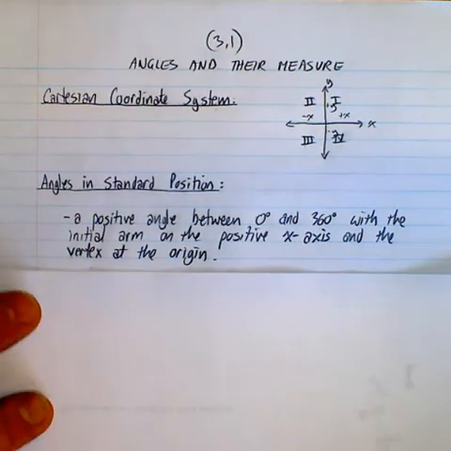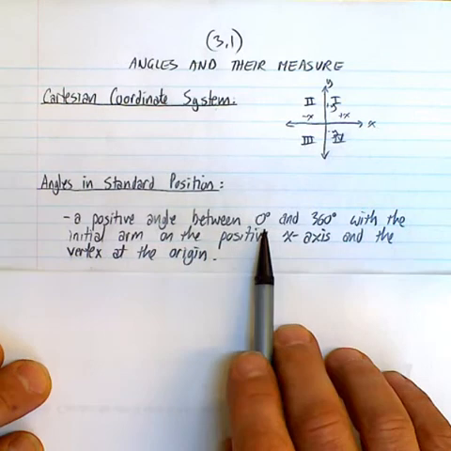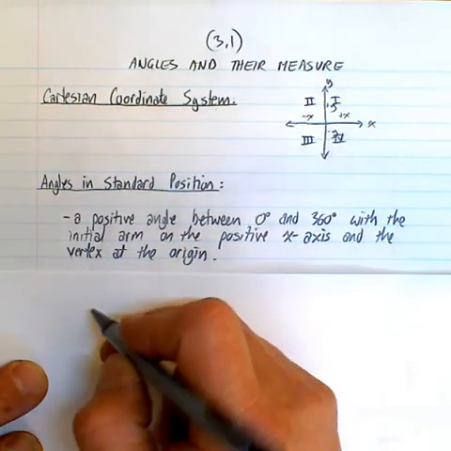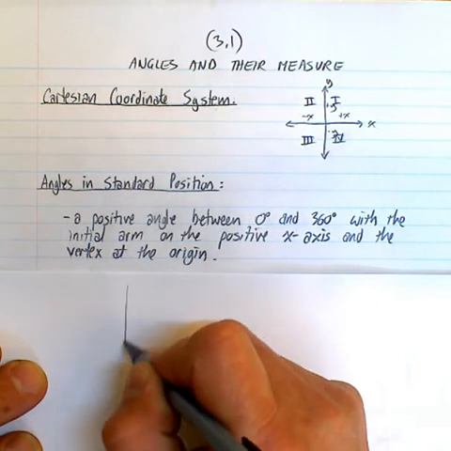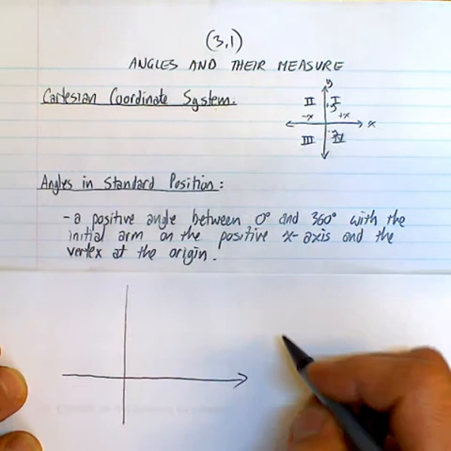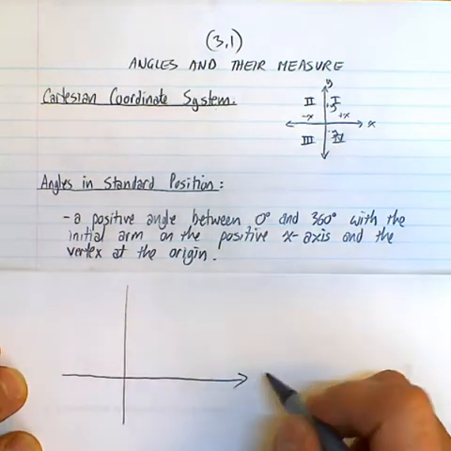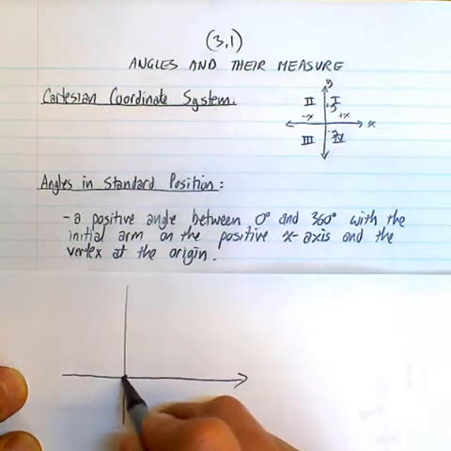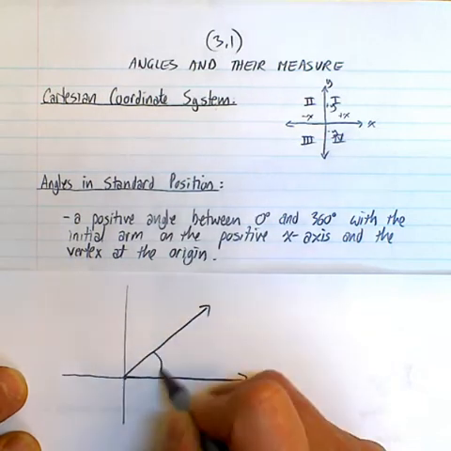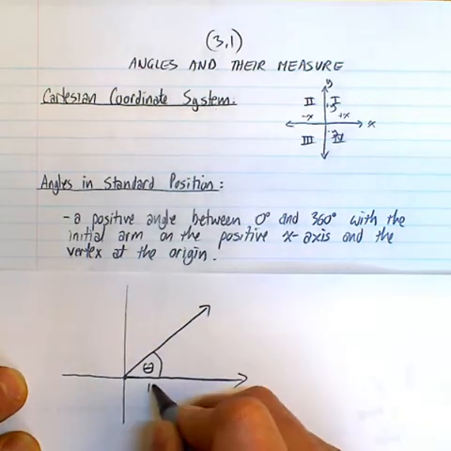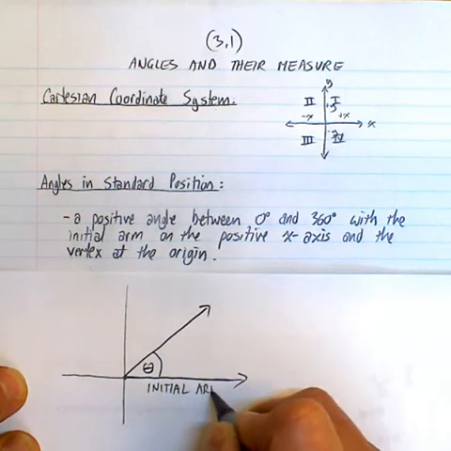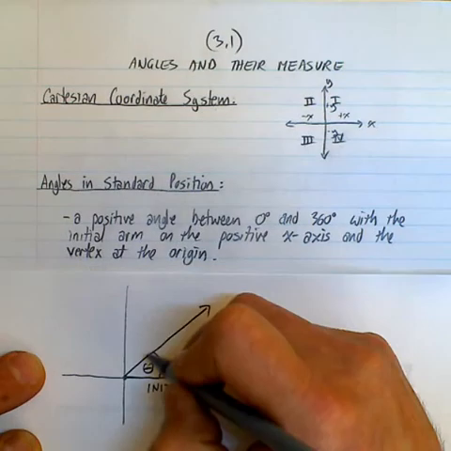So, first of all, angles in standard position: it's a positive angle between 0 degrees and 360 degrees, okay? With the initial arm on the positive x-axis, and the vertex at the origin, this would be the vertex, right? The vertex is where the angle is, so we'll call this theta. This will be the initial arm, or side. I think they refer to it as a side in your book. And this is what they call